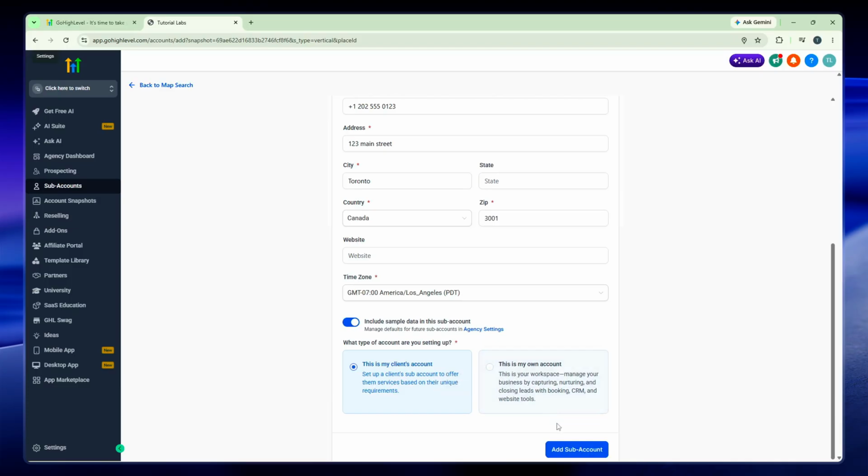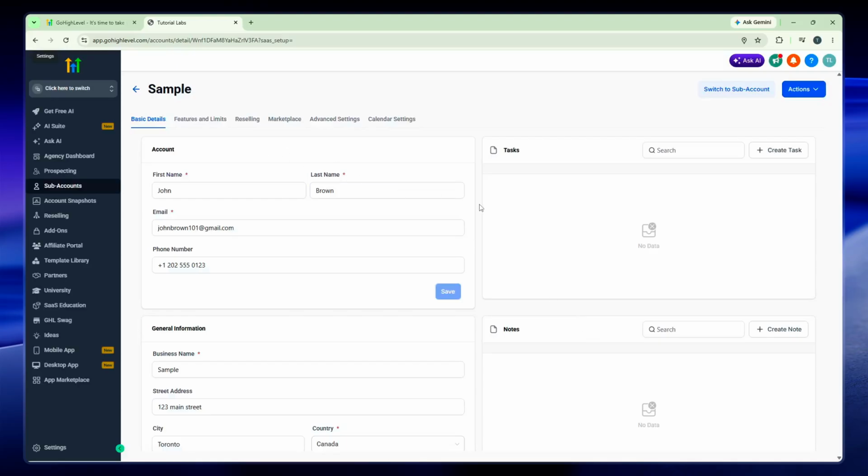Finally, click Add Sub-Account at the bottom of the page. The system will process your information and create the new sub-account, which you can then access and customize further. And that's it. You've successfully created a sub-account in GoHighLevel and can now start building out campaigns, automations, and workflows for your